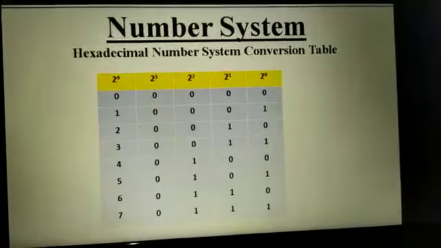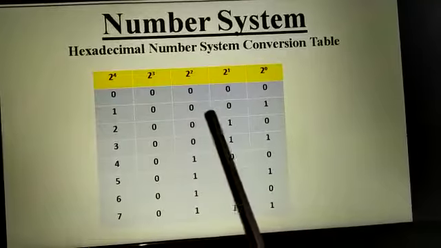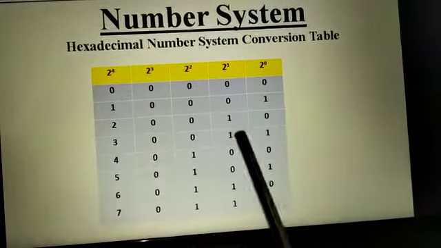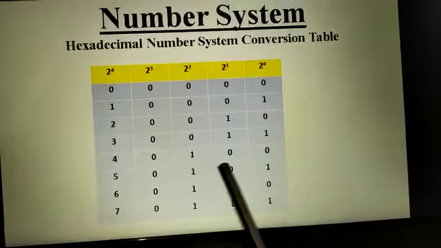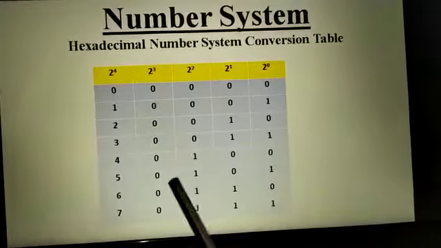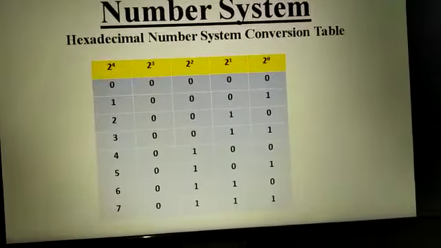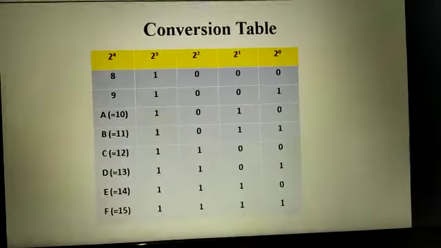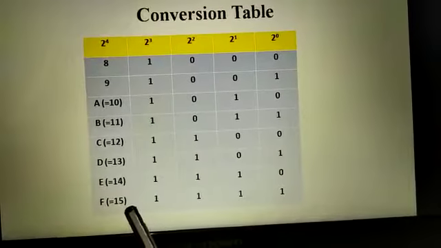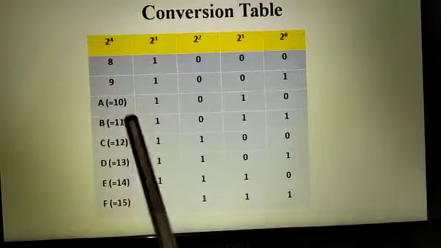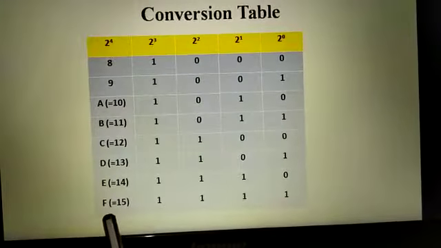So here is the conversion table of the hexadecimal number system. For 1 the equivalent is 0001, for 2 it is 0010, for 3 0011, for 5 0101, which we had written in the answer also, you remember? Then 0 to 7 has been given here, and 8 to 15 has been given here, and in the hexadecimal number system 10 is written as A, 11 is written as B, and so on. We can go till 15, which is equal to F.